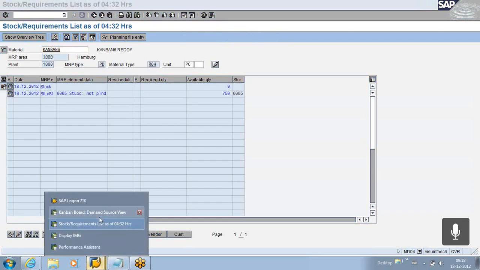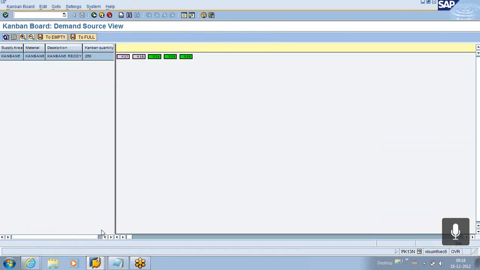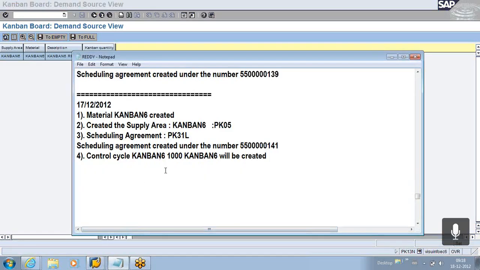Yeah. That's good. So yesterday we were talking about our Kanban. We talked about the classic Kanban, and we triggered some of the Kanbans from the demand source, and those Kanbans were being replenished by our supply source. That is PK12N and PK13N. These are the two transactions used to know the status of the Kanban at the demand source and supply source,